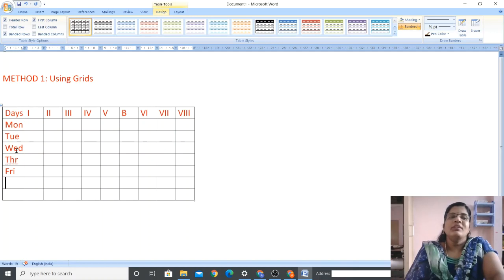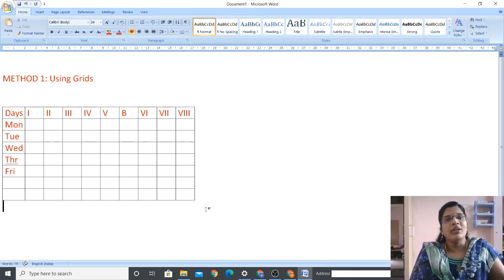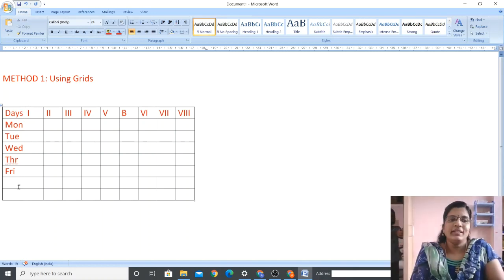Okay. So we have created a table, but 2 rows seem to be extra. Is it possible to delete the rows? Yes, definitely we can delete. We created a table, so we can delete it. If we don't want a particular row or column, we can delete it. It seems to be extra, so we do not want it. So we can delete the rows and columns which we do not need.